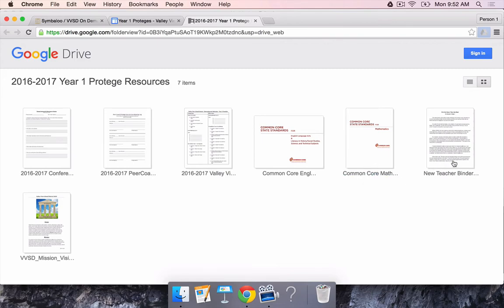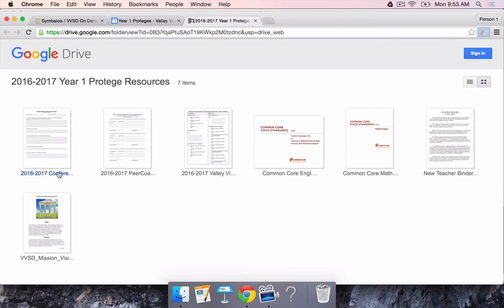That is information that we used to actually put in a physical binder, but we realized that to save paper and to save time, it's much easier to get this information to you electronically, and that way you can have it far ahead in advance and you can look through it at your leisure. In addition, you could print it out if that's how you prefer to read the information.